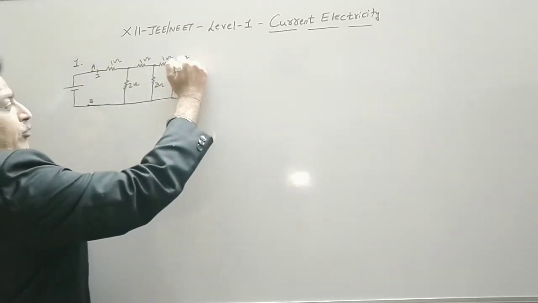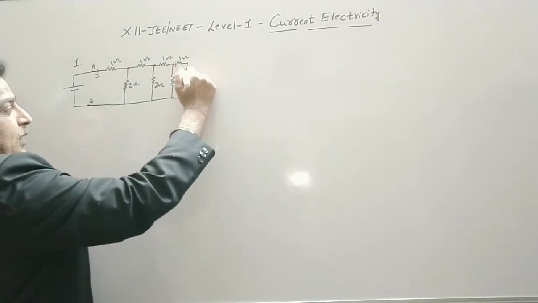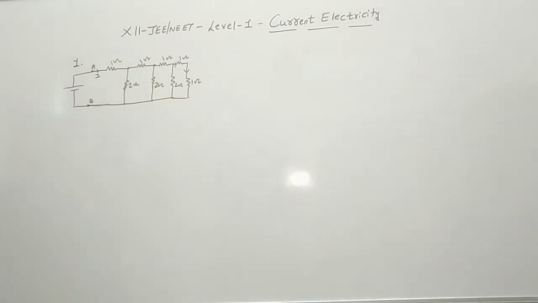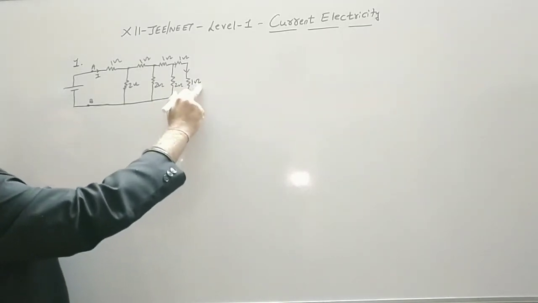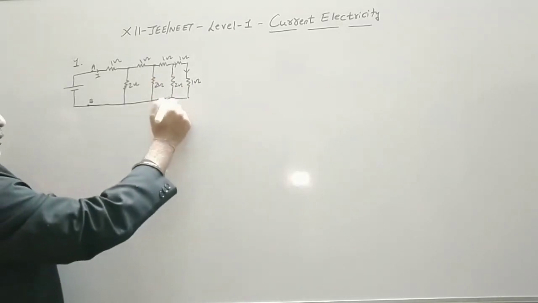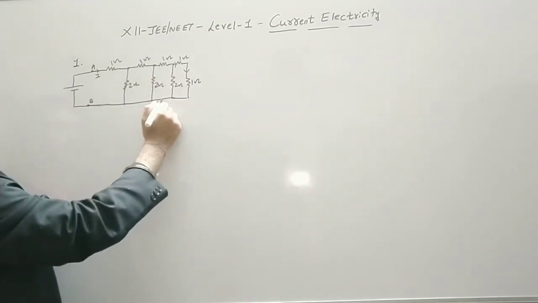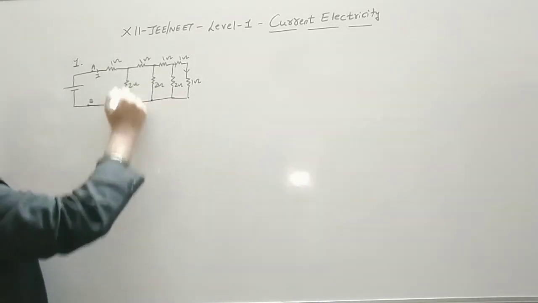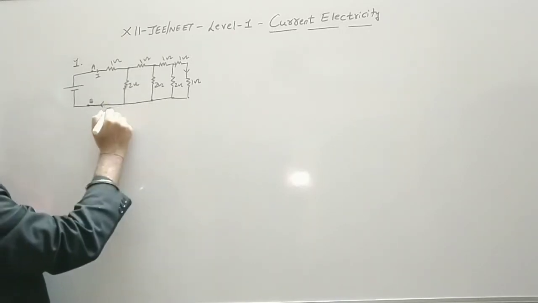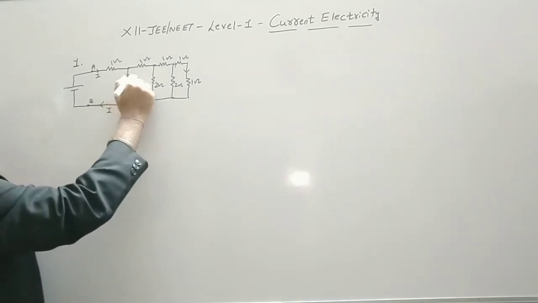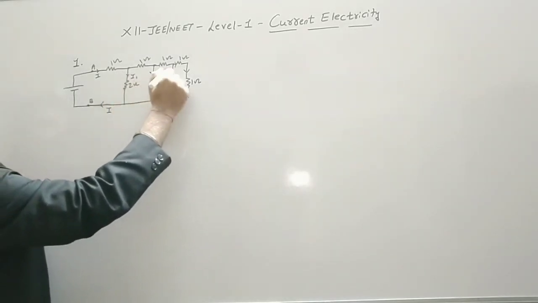So whatever current will flow in this resistance, the same current will flow in this resistance. If the current in two different resistors in the circuit is the same, that is a series combination. So the current flowing in this is I minus I1 minus I2 minus I3. Then from this I3 will come, here it will become I minus I1 minus I2. From this I2 will come, then it becomes I minus I1. From this I1 will come, so this becomes again I.